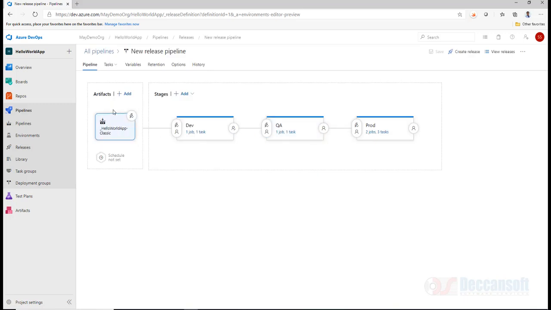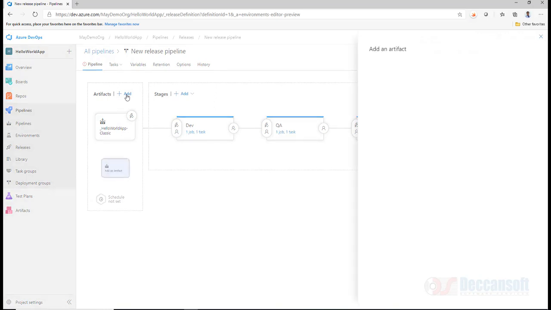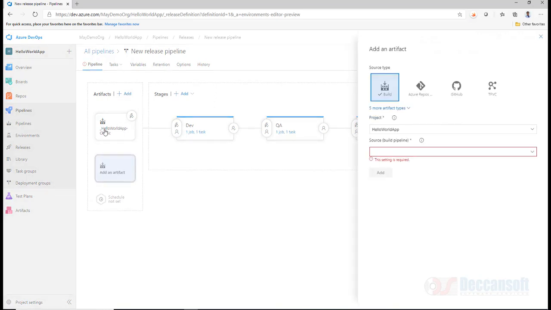Definitely we can have multiple artifacts added to a project. This artifact is being picked up from the output of a build pipeline, so in that case you simply select which build you want to use.